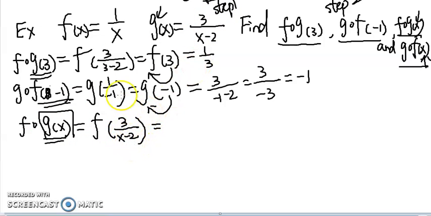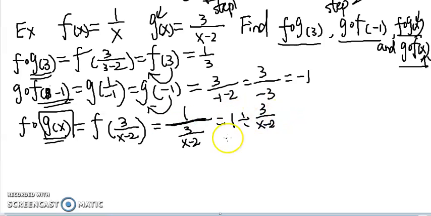But next, you have to plug this whole fraction into the f function. So you're going to have 1 divided by 3 over x minus 2. To do that, I'm going to change this division sign to the traditional division sign, and you can use the keep, change, flip rule. And of course,